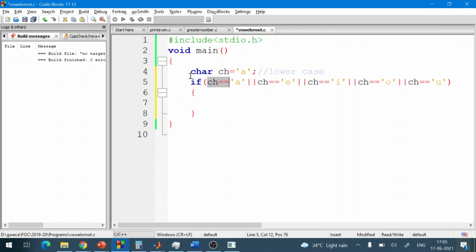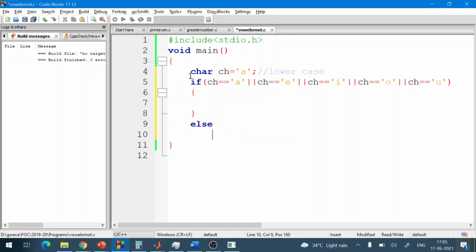If this left condition is true, then it does not check the other conditions. Why? Because only one of them is required to be true. And if this is false, then it checks this, then it checks this, until all of them are false. If all of them are false, then it goes to else.